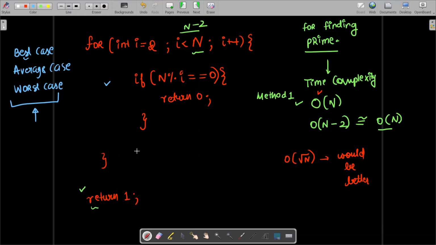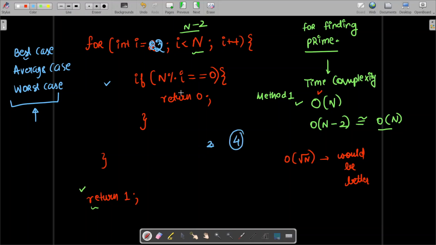How much computation? The best case would be when it tells us the prime number. Basically, if I give the input as, suppose, two only. Actually, two is a prime. We should be careful enough. It should be started with two, but okay. Yeah, two is not a prime, we will start. Suppose I give you four,